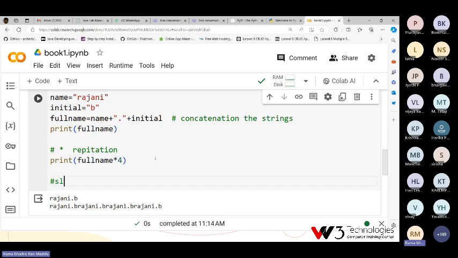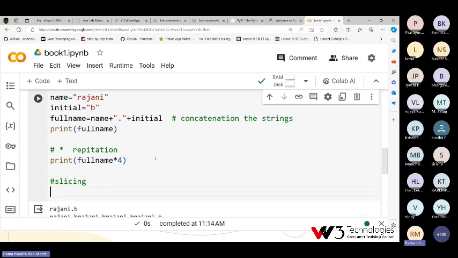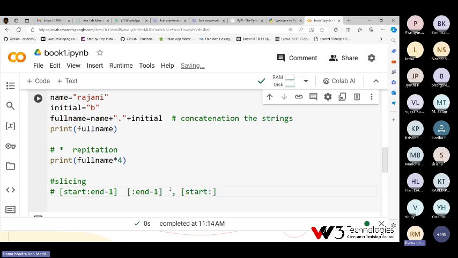As for slicing, we already practiced. Slicing can be done in several ways. One is start position colon end minus 1. We can use another way also, where start is empty and we only give end minus 1. Otherwise we give start and make the end position empty.